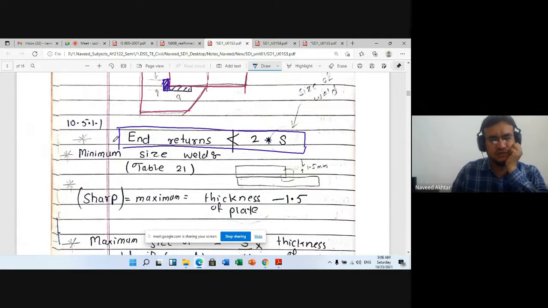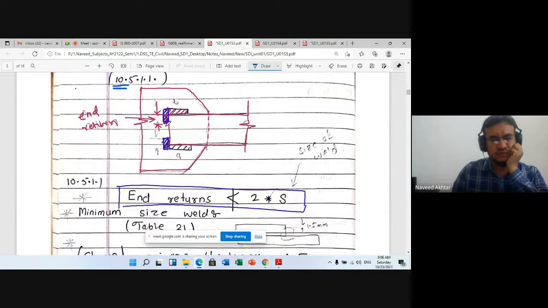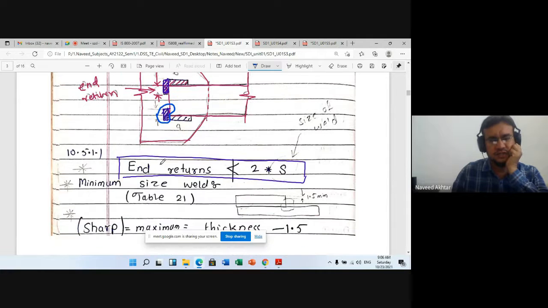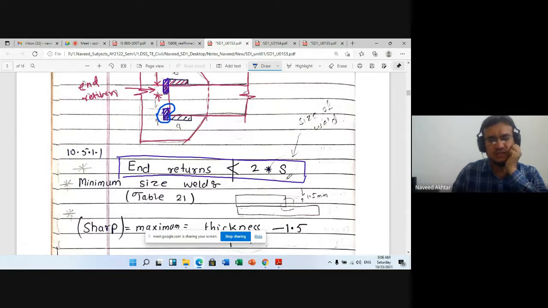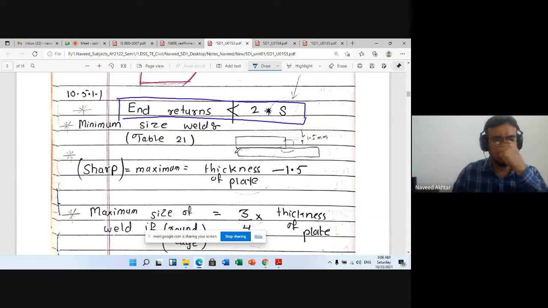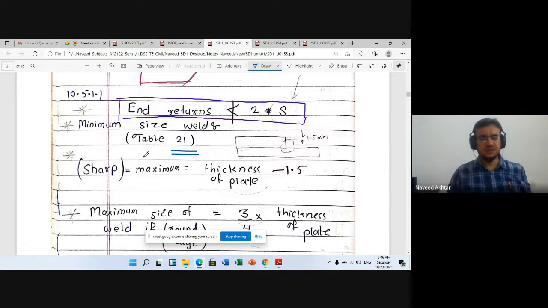And you know that at the end you need to provide an end return. This is the end return, and it should not be less than 2 times the size of weld. 2S, where S is the size of weld. And also we have seen table number 21 for the minimum size of weld as per the thickness of the thicker part of plate, and the maximum